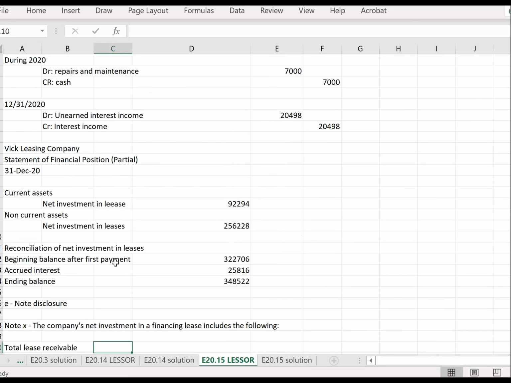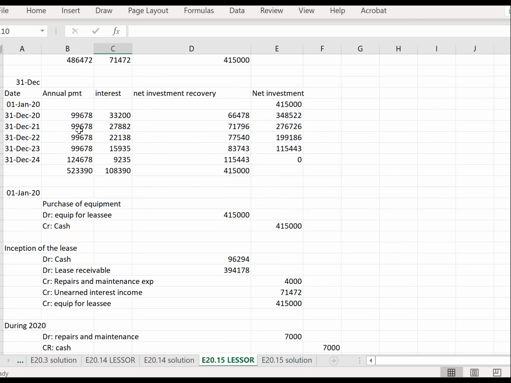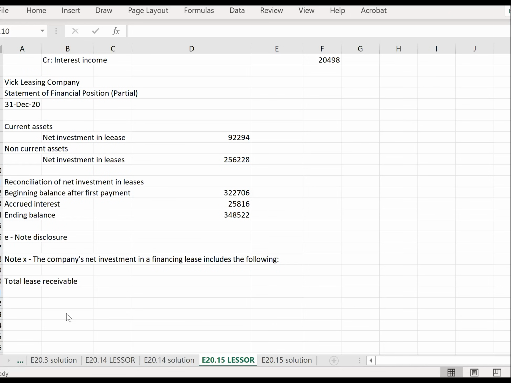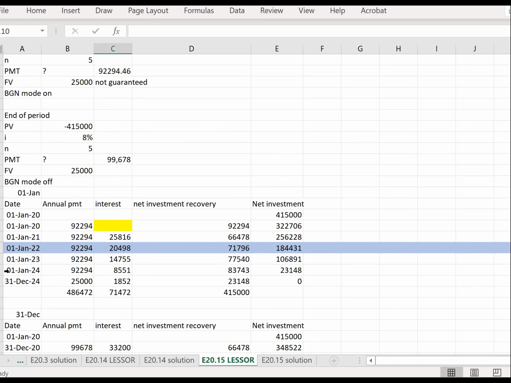So our lease receivable is going to be this amount here. So our total lease receivable, now we need to look up at this schedule and figure out where we're recording. So we're at December 31st,